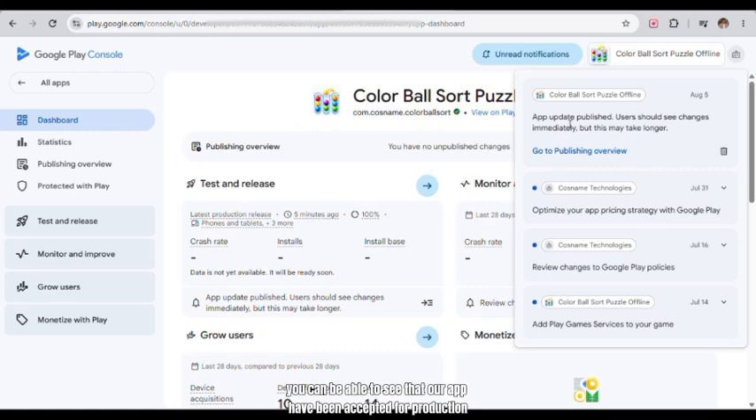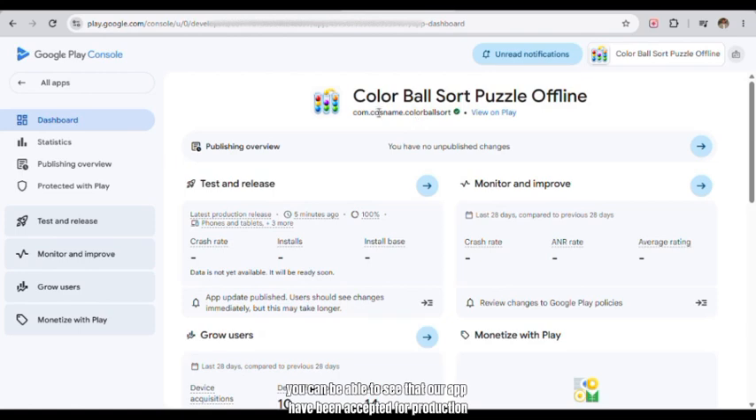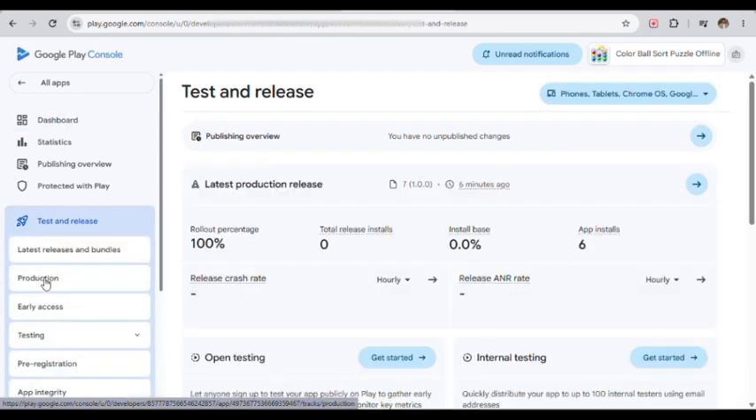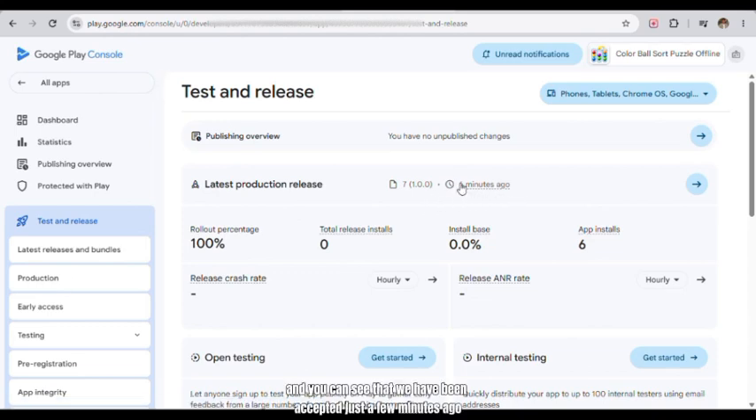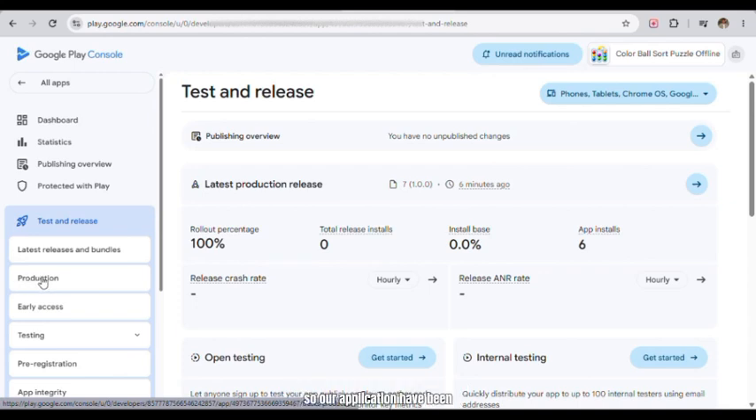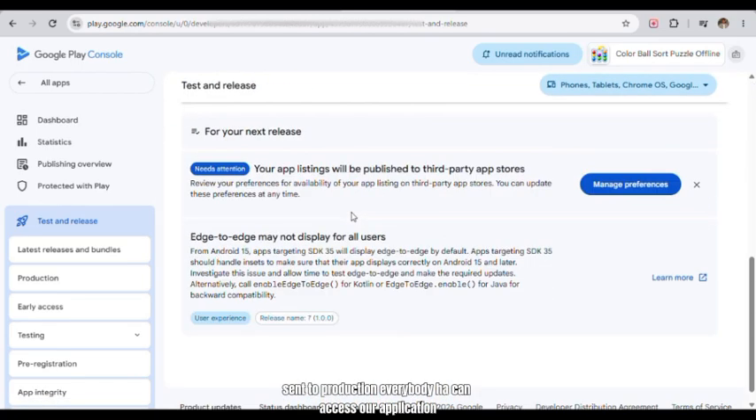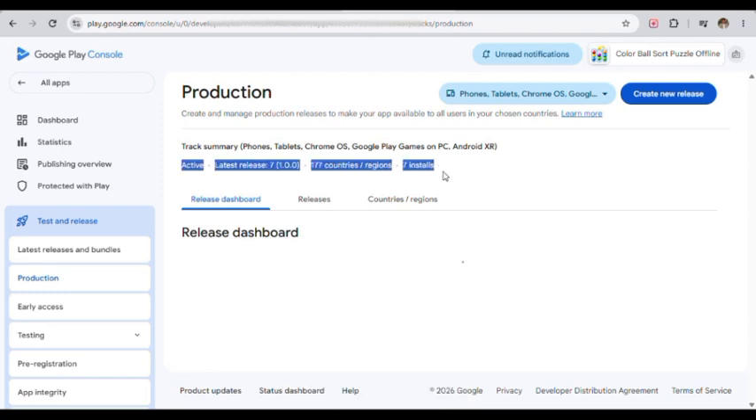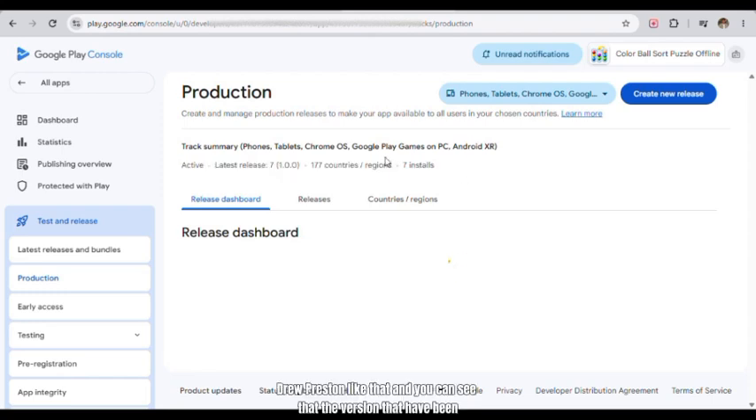Now you can see that our app has been accepted for production. No errors were found. So let us just click on test and releases, click on production here, and you can see that we have been accepted just a few minutes ago. So our application has been sent to production. Everybody can access our application through Play Store like that,